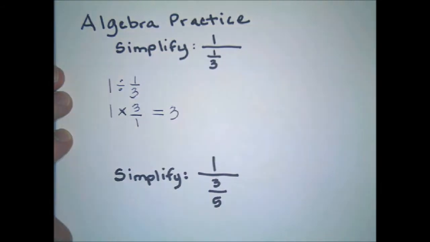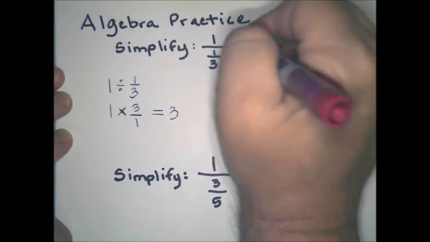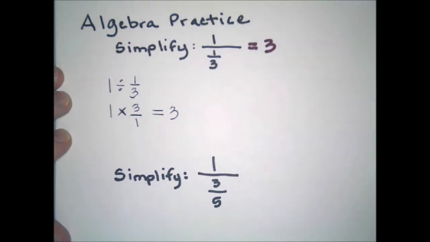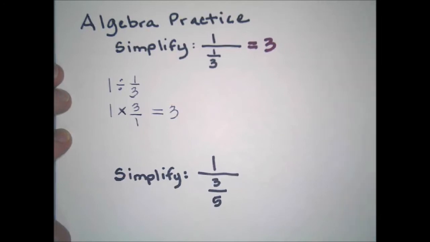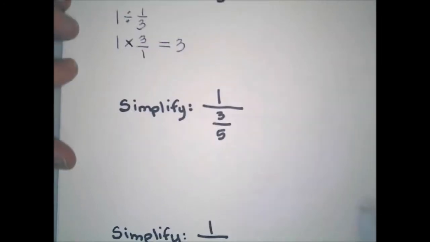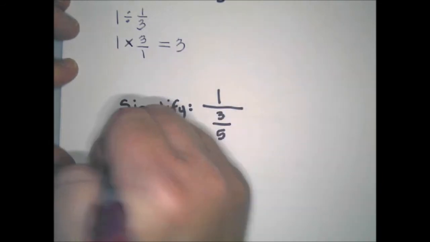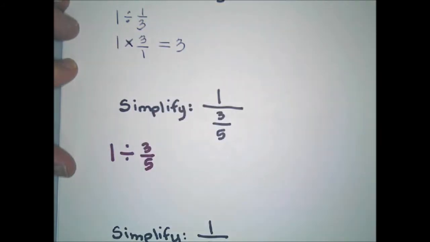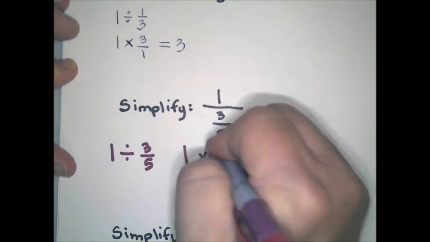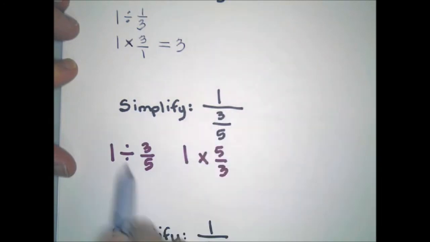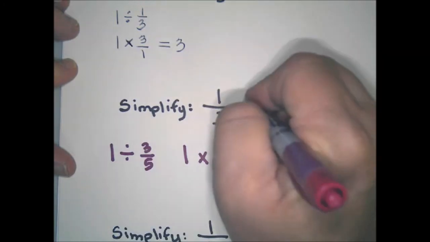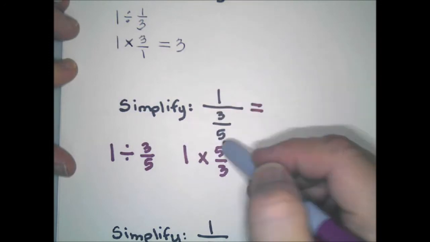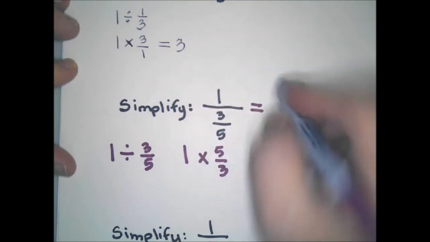So 1 divided by 1/3 equals 3. Now, we certainly don't want you to go through this routine every single time you see this. We want you to see the pattern. What would 1 divided by 3/5 be? 1 divided by 3/5 would be the same thing as 1 times 5/3. Division changes to multiplication, and you flip the second fraction. So 1 divided by 3/5 is the same as 1 times 5/3, which is